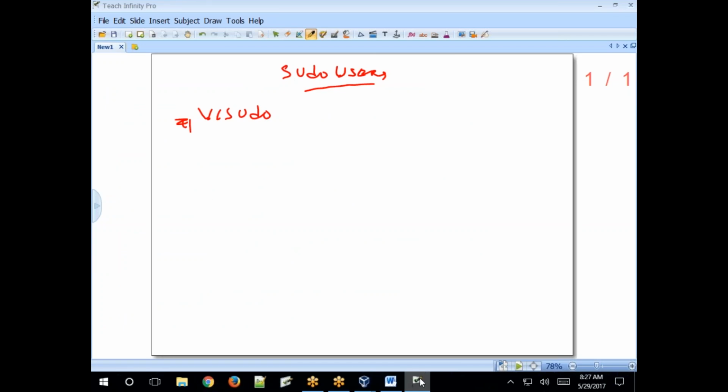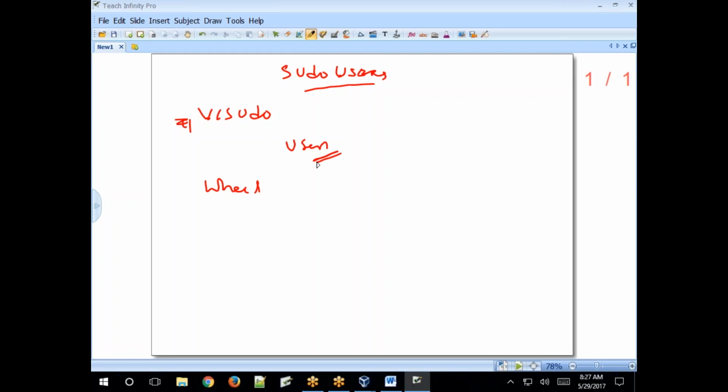Okay, here the wheel group is there. The wheel group is allowed to execute all commands in your Linux system. All commands means you can perform any task. So now, how to add a user? useradd. useradd is used to create users.